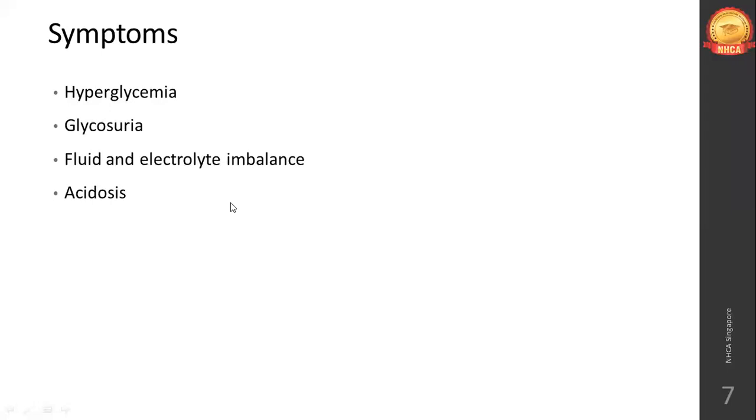When a person is suffering from diabetes, the amount of ketones produced far exceeds the ability of the tissues and other parts of the body to utilize them. So the concentration of ketones in the blood is quite high, and thus you get acidosis. How do you understand that a person is undergoing acidosis? They will have a fruity odor, a fruity kind of breath. That means the person may be suffering from